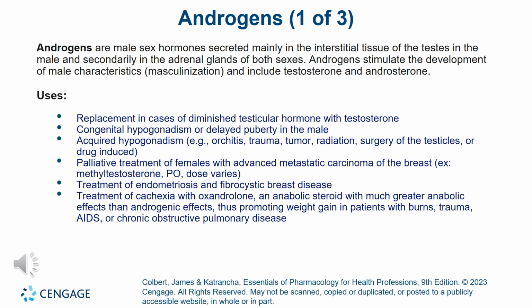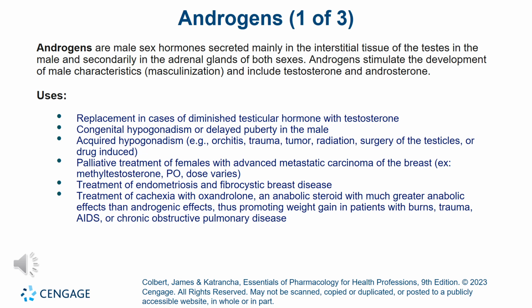Androgens are male sex hormones secreted mainly in the interstitial tissue of the testes in the male and secondarily in the adrenal glands of both sexes. Androgens stimulate the development of male characteristics, masculinization, and include testosterone and androsterone. They are used for replacement in cases of diminished testicular hormone with testosterone, congenital hypogonadism or delayed puberty in the male, acquired